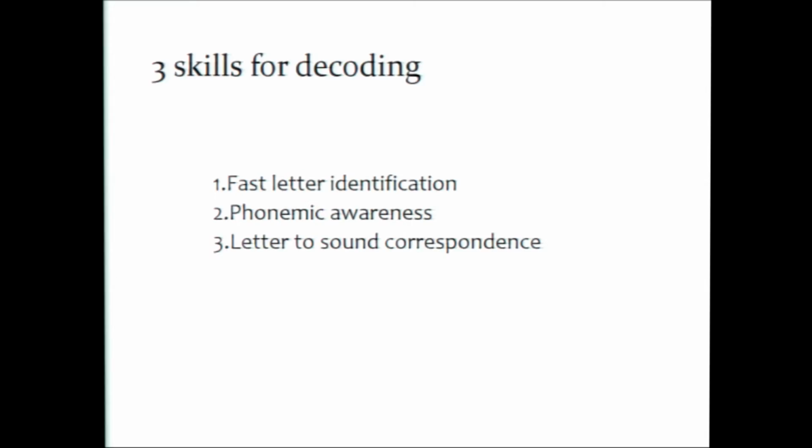And so this is true. So these are the 3 steps that all kids need to take in order to become good decoders. The first thing they have to learn is all of their letters and be able to quickly name all the letters. Second is phonemic awareness, and this is the big one both for non-dyslexic kids and for dyslexic kids, that